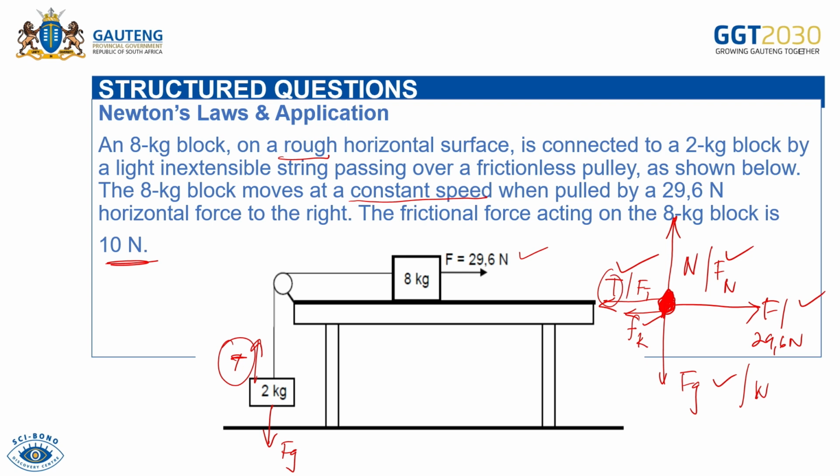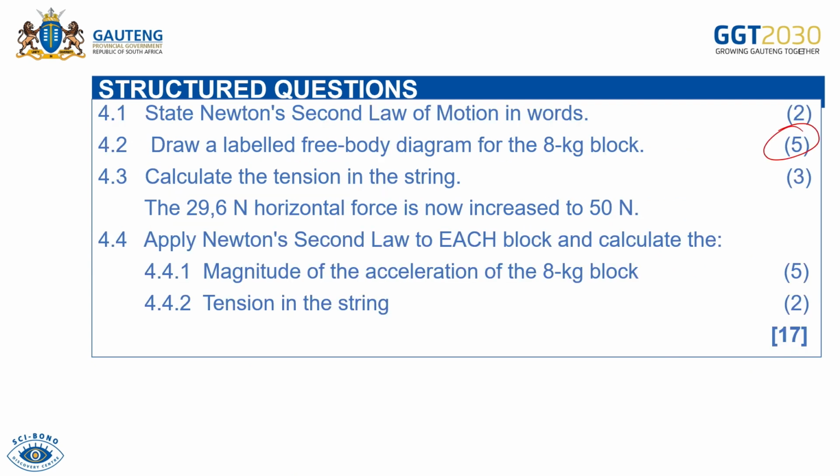So if I want to use the 8 kilogram object, I need F. Yes, I do have F. I need tension. I need Fk, right? Am I given Fk? Yes. So I'm given Fk, the frictional force acting on the 8 kilogram block, which is 10. I'm given F. I'm looking for what? For T. So one of the things that I can do here for this question, that's the reason why it's 3 marks,